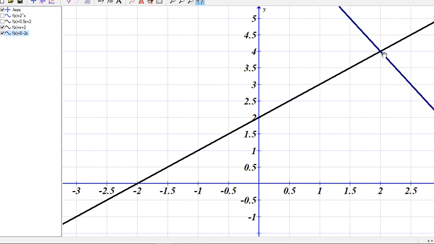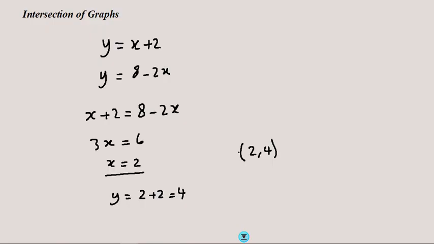That is the point that lies on both lines, which is the point with coordinates 2, 4. And that is the simultaneous solution. That is the common value of x and y that satisfies both equations. It's the point that lies on both lines. So this tells us that we can find solutions of